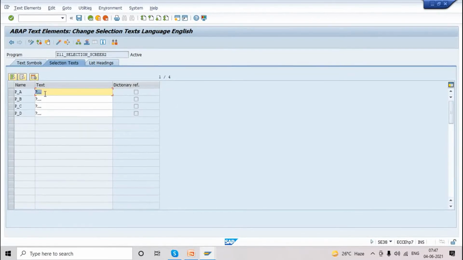Integer is not a database or customer data type; it's an elementary data type. So we have to write our own values. I'm writing value a or value 1, value 2. This is for the next screen. I'm creating value 1 again.